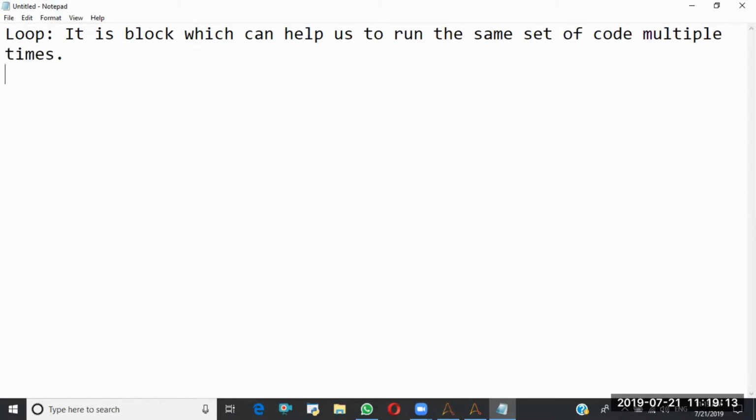So basically, if you want to run the same set of code multiple times, at that time we will go with the loop. Suppose you have a folder, and you need to process each and every file